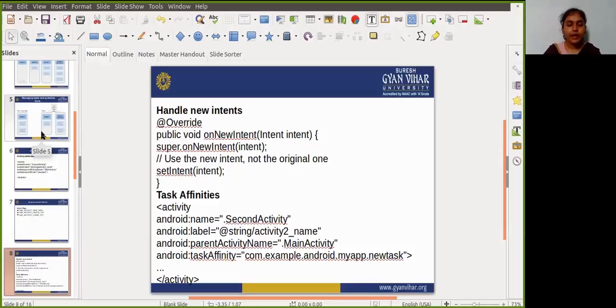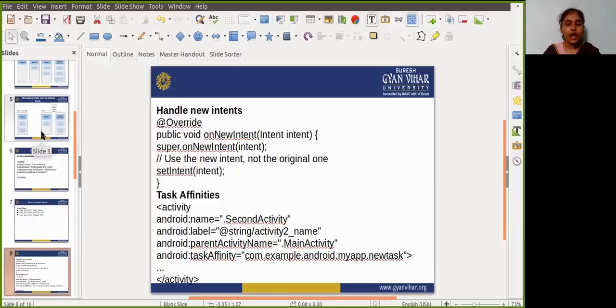First call the activity tag, and inside that write some attributes: the name attribute, the label attribute, and the parentActivityName attribute. In the name attribute, pass .SecondActivity as the value, in the label pass @string/activity2_name, and in the parentActivityName pass .MainActivity.